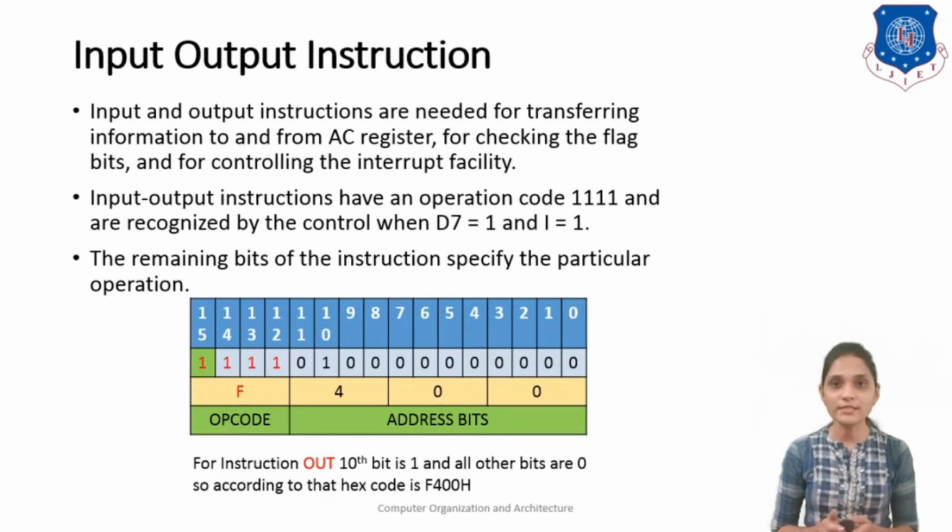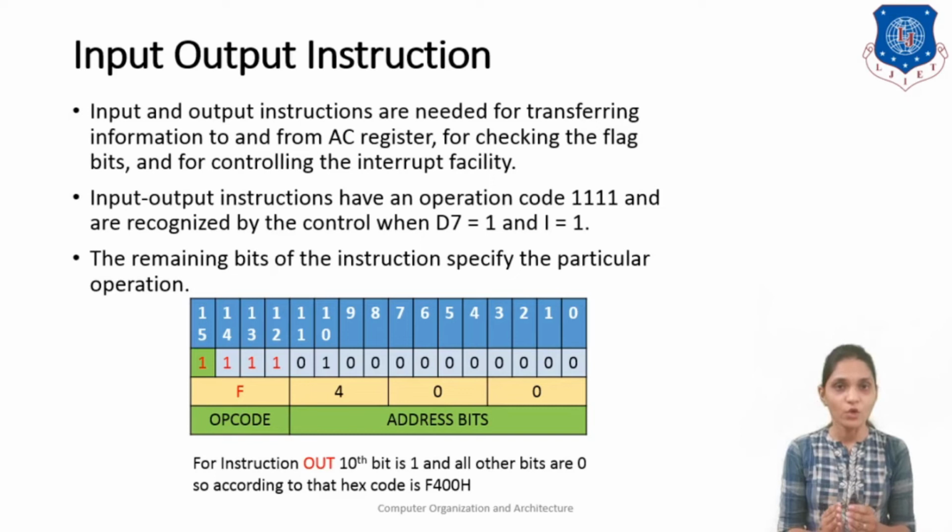For this OUT instruction, your 4-bit opcode will be 1 1 1 1, and your 10th bit is 1 and the rest of the bits are 0. So your operation code will be like F400, and your condition will be like D7 is 1 and I is 1. And if we consider this bit as a P bit, so your P10 bit should be 1